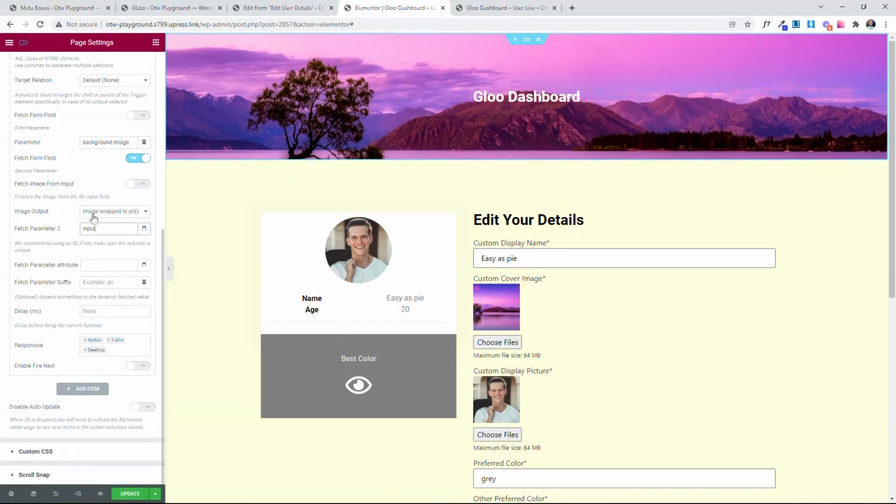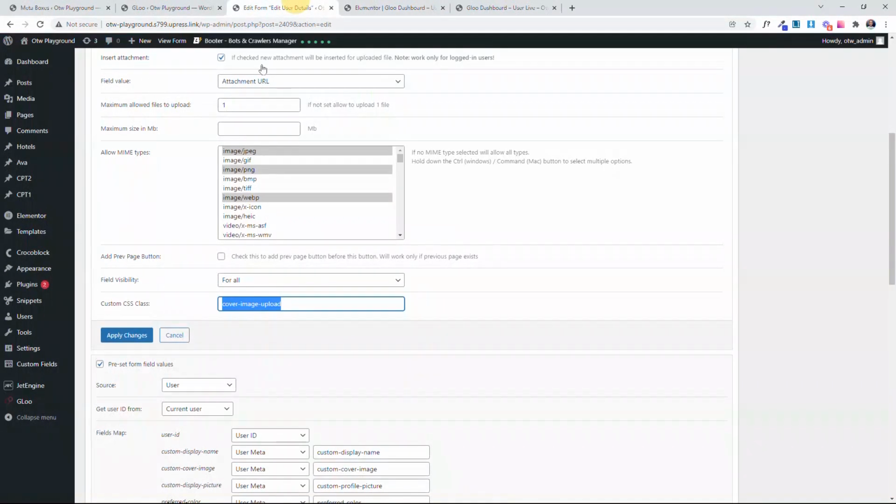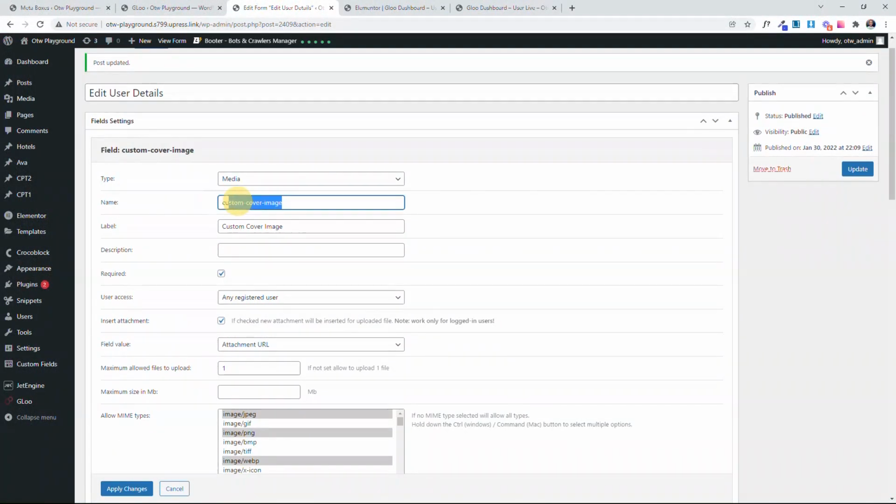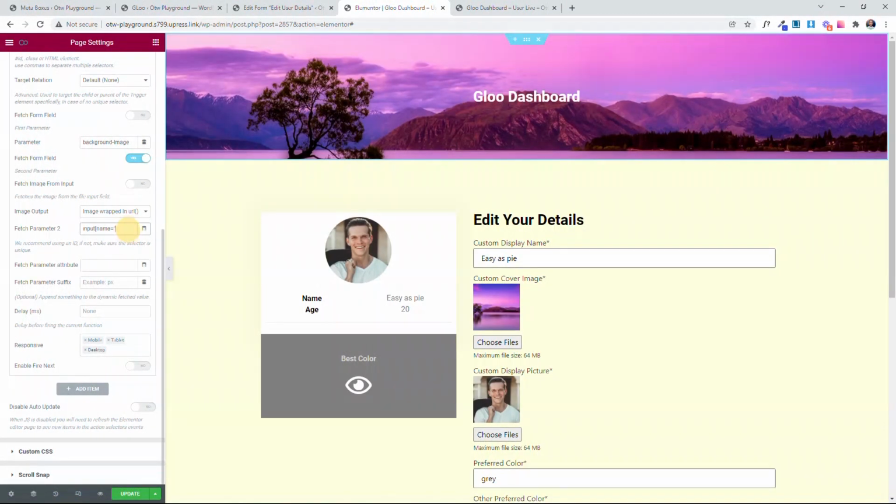Input, open bracket, name equal to, quotation open, and then we'll paste in the ID of this form field. So let's copy that here and paste it here